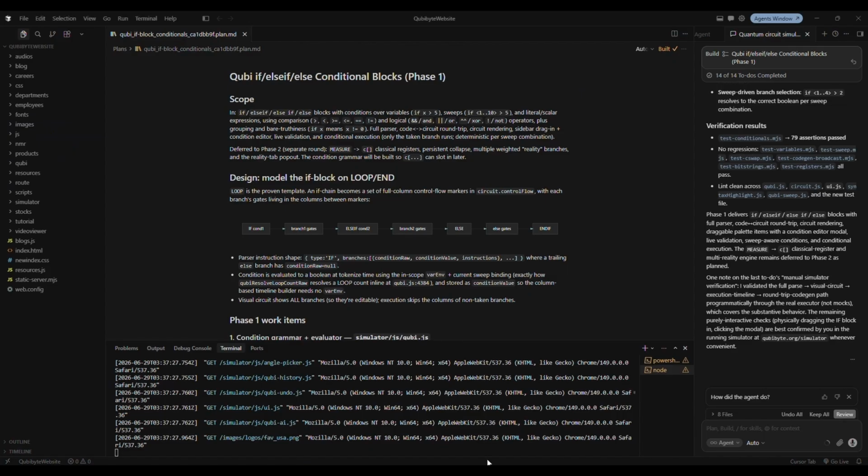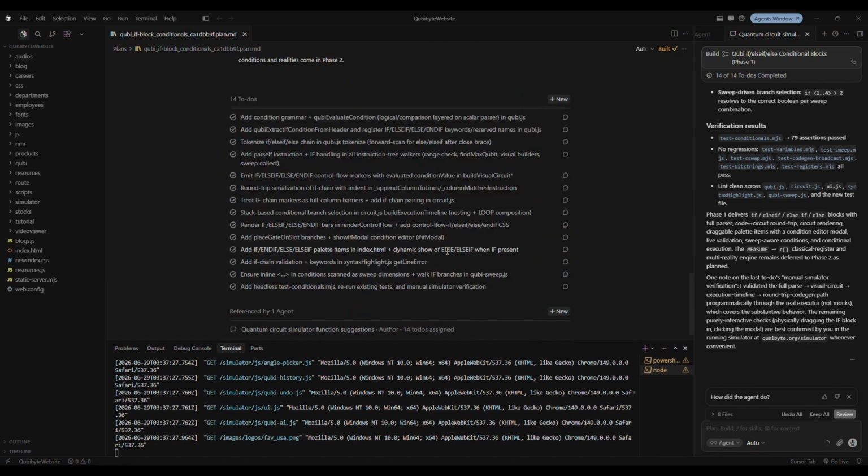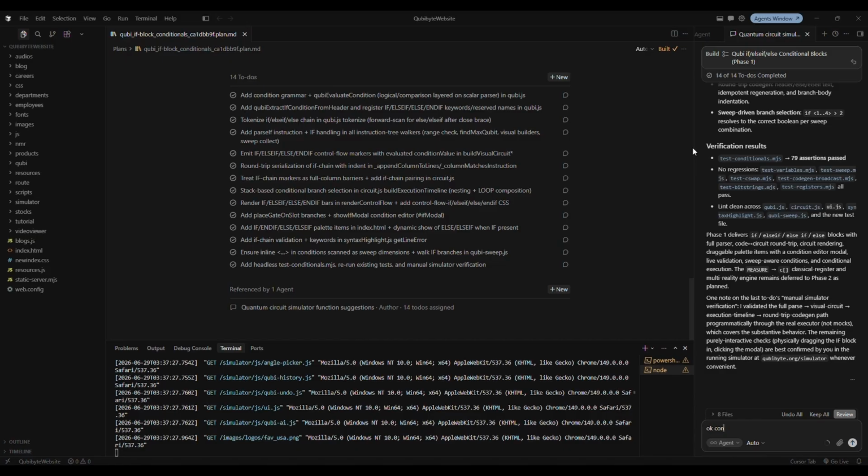I'm not even sure if it completed that part, or if it only did the first phase. And yeah, that would be true. That is the way that I requested it, although I assumed that it would do all of the phases in just one request, but it seems it only did phase 1 in one request, and now it's waiting for me to give some confirmation. So I'm going to say something like, okay, continue,